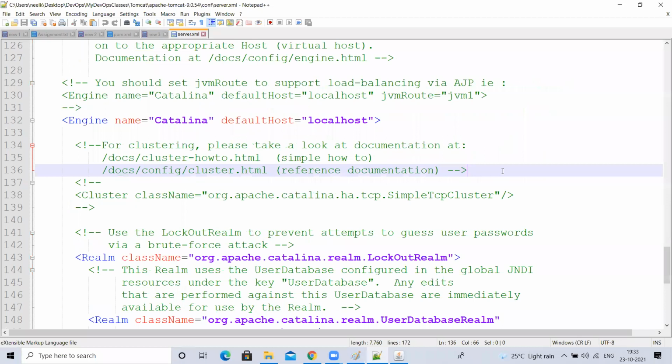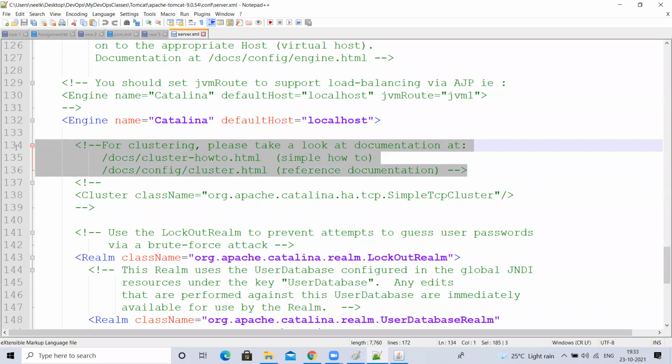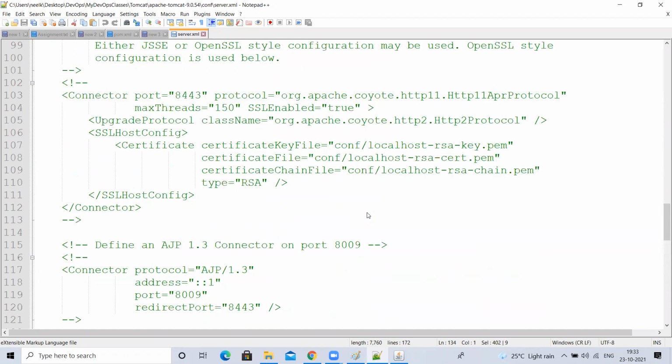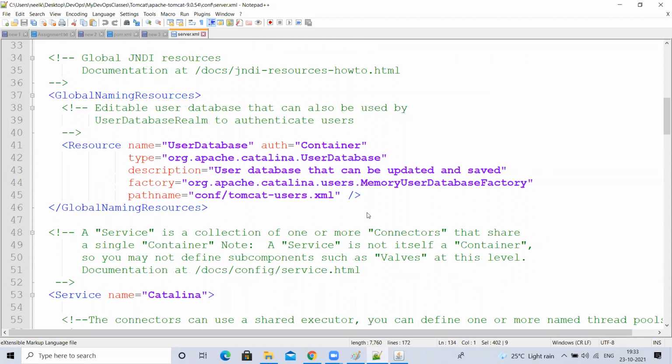This is the ending of the comment. In shell script we learned comments, right? So in XML, this is how we comment. This is the starting of the comment, the ending of the comment. It means this will not be executed. These comments will not be executed because those are commented, right?